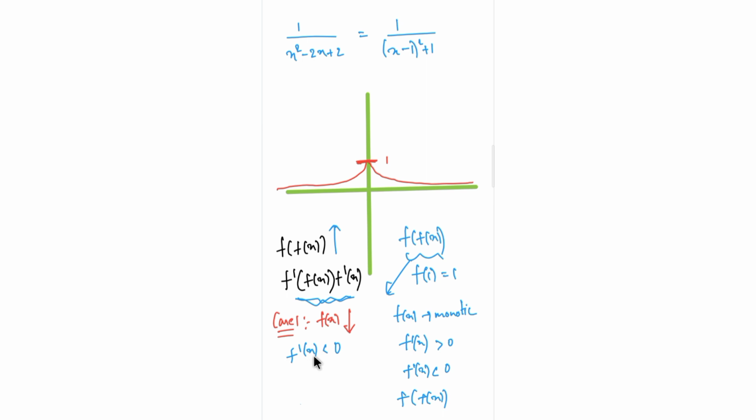Fine. First thing is f dash of x is less than 0 if f of x is decreasing. Now if I assume this f of x as some y, then f dash of y will also be less than 0, because it's a decreasing function. So definitely when you see this f dash of f of x into f dash of x, because this is less than 0 and this is less than 0, in total it will be greater than 0. That means that f of f of x will be an increasing function.